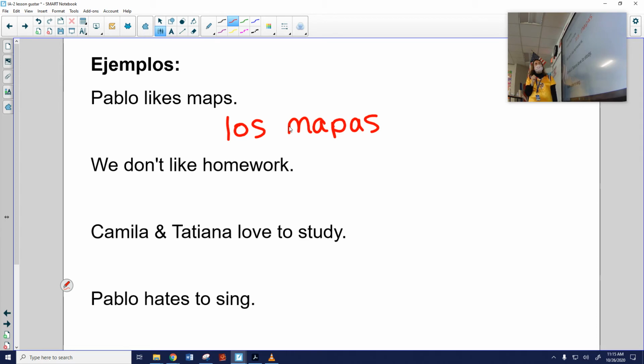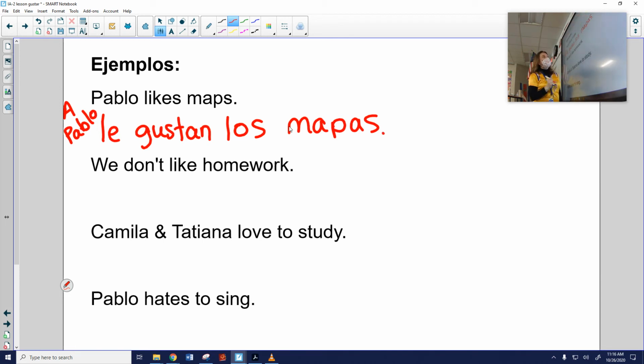Pablo likes them. Which gusta are we going to use? Gusta or gustan? Gustan. And then to say Pablo likes them, which indirect object pronoun? Me, te, le, nos, os, or les? Le. And if I want to be really specific and say Pablo likes them instead of le gustan, which could mean he, she, or you formal, we can add his name, right? Do I have to add anything else? I need a little word right in front of his name. The word a. I didn't leave myself enough space here. A Pablo le gustan los